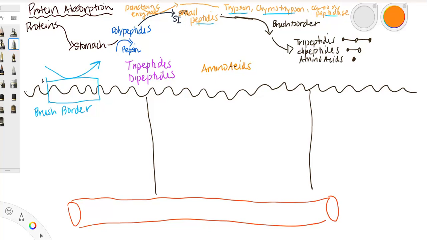Okay, so dipeptides and tripeptides, these two here,